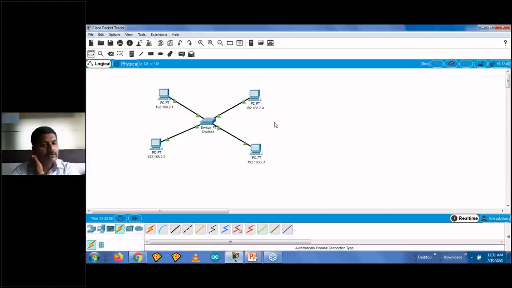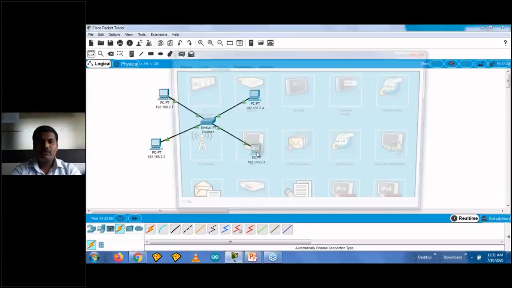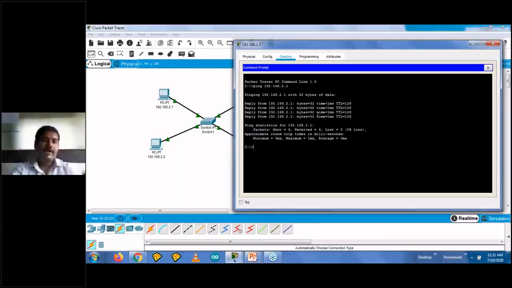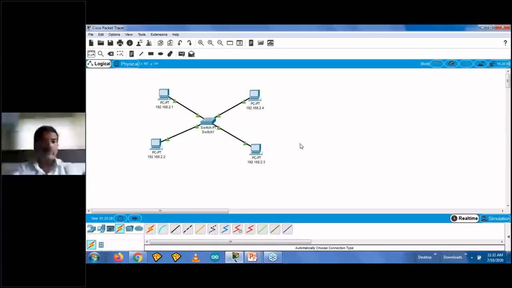Now let me show you, by pinging one of the IP addresses. Now from 2.3 I am pinging to 2.1. So ping 192.168.2.1. Now let us see. Yes, we are getting responses from the destination system. That system is available in the network. So you can ping, depending on how many computers are connected, but I'll be showing it here in a real-time condition,